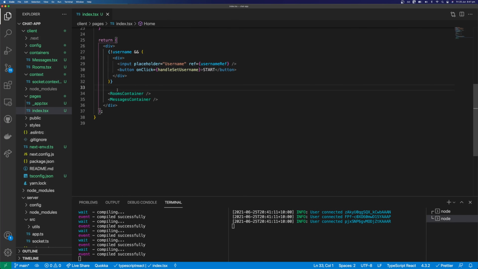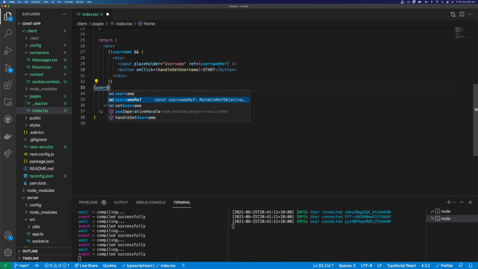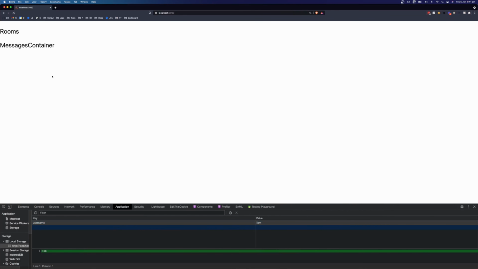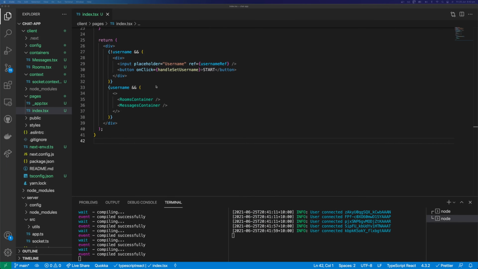So let's only render these if the username is present. So we can say username and, and then we're going to wrap this in a fragment. And then we can pass these two properties like this. So if we refresh again, we should see this disappear and our rooms and messages appear. Perfect. So before we go any further, let's just wrap these in some divs so we can style these easily